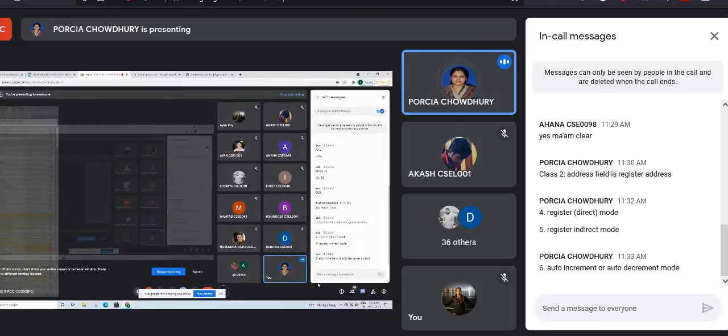So first I will talk about this one, registered direct mode. What do you mean by registered direct mode? Basically in this mode the processor registers hold the operands. That means you now have external registers, and those registers will hold the operands. In other words, the address field is now the register field, which contains the operands required for the instruction. That is your registered direct mode.